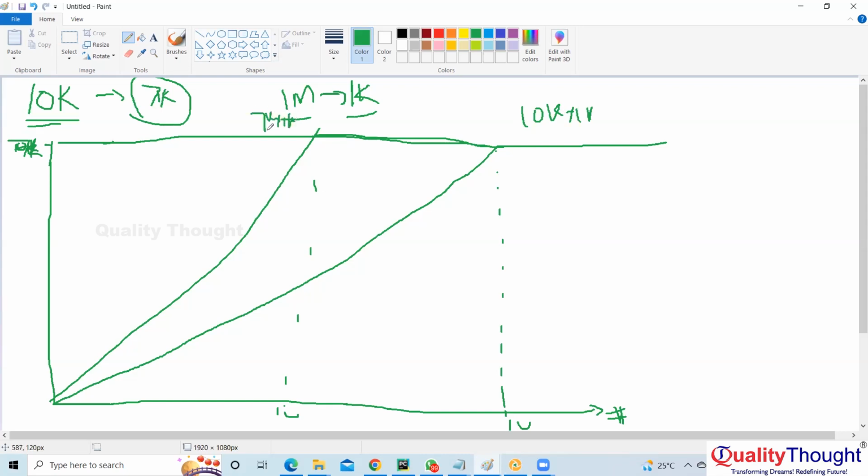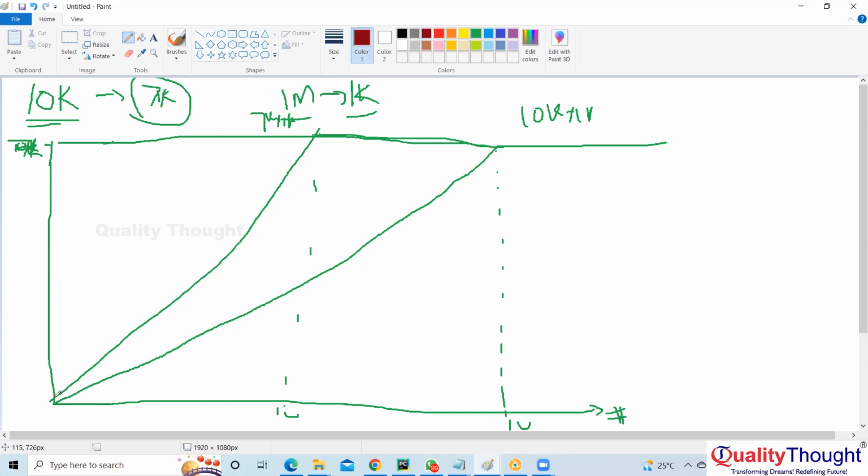So 10K into 1K, because we would have to talk to everybody. This is the worst case, and this is the best case, when you know exactly who the 7,000 people are. So you are meeting them and you reached your goal. But the model will not be exactly the best case, right?